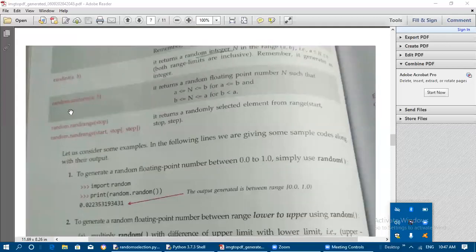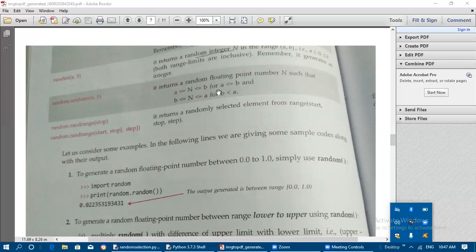But the next one is random.uniform of a comma b. It returns a random floating point number n such that a is less than or equal to n and n is less than or equal to b for a less than or equal to b, and b is less than or equal to n and n is less than or equal to a for b less than a.